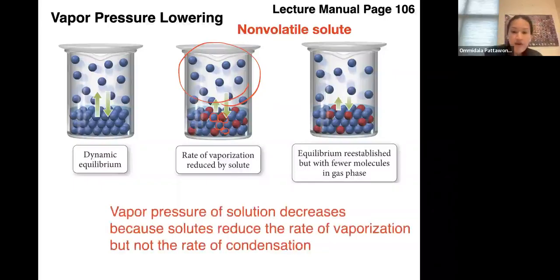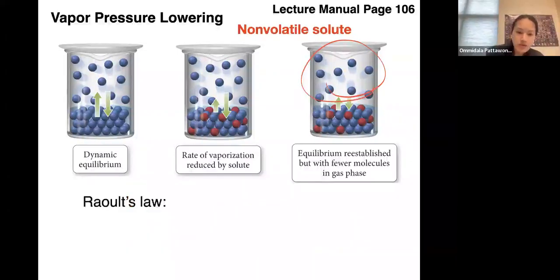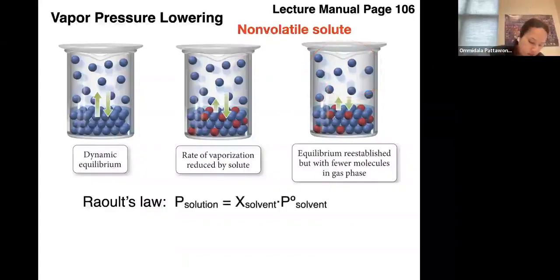So again, the vapor pressure of the solution decreases because the solute reduces the rate of vaporization, but not the rate of condensation. Therefore, it's going to cause the vapor pressure to be lower than that of the pure solvent. So how can we find out the new vapor pressure of the solution? Well, we are going to use Raoult's law to help us determine the vapor pressure above the solution. Raoult's law states that the partial pressure of the solution, or the vapor pressure of the solution, is going to equal